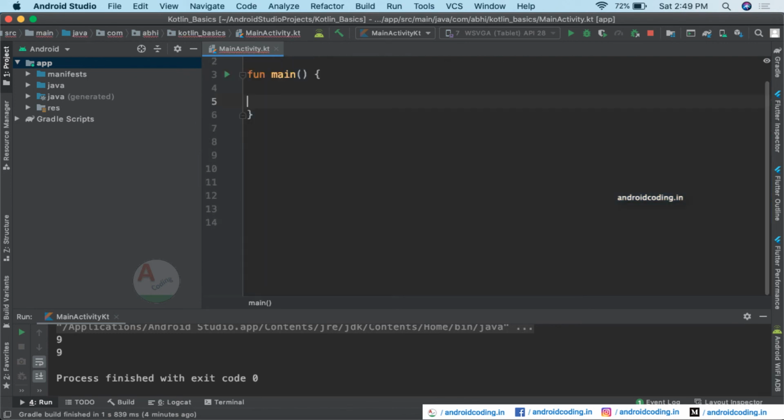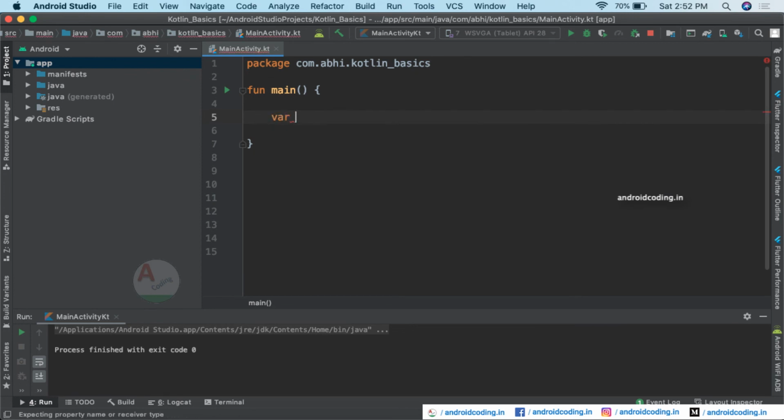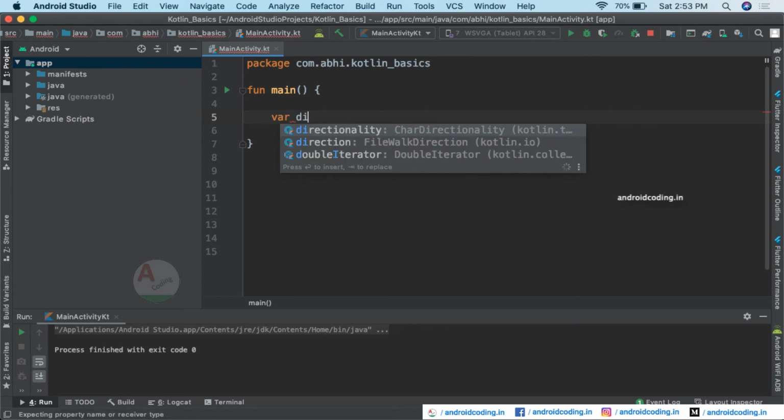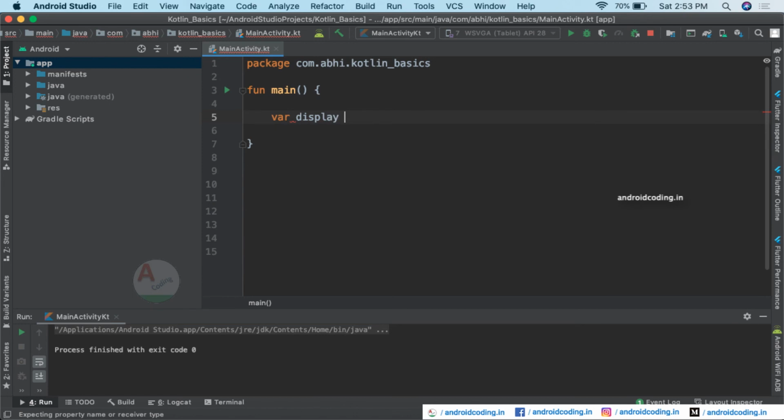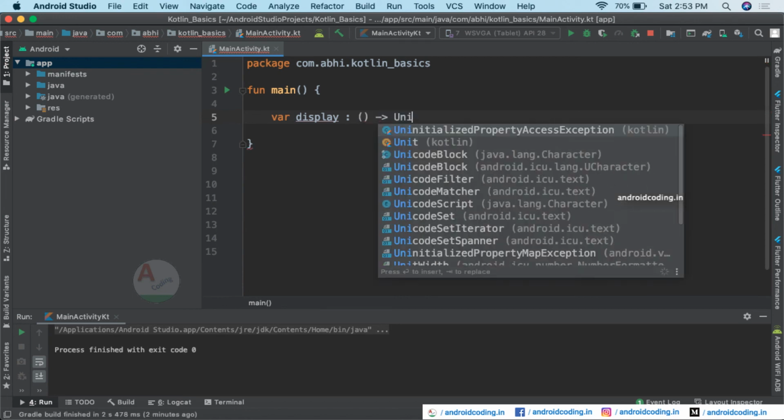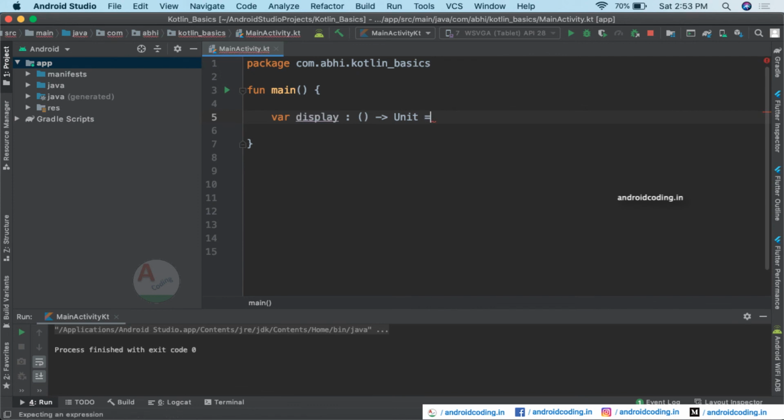So now let us start creating a function display. And here I want to make it a simple way, so I'm not trying to pass any parameters. I'm going to create a simple function, and so I'm going to provide unit here and display the message within the function itself.